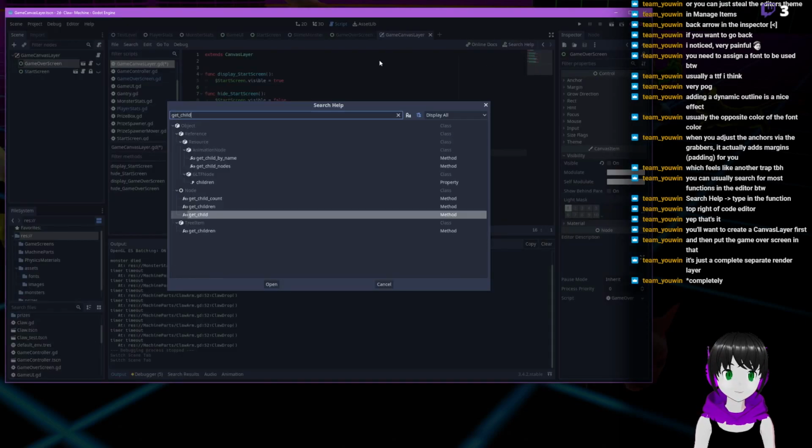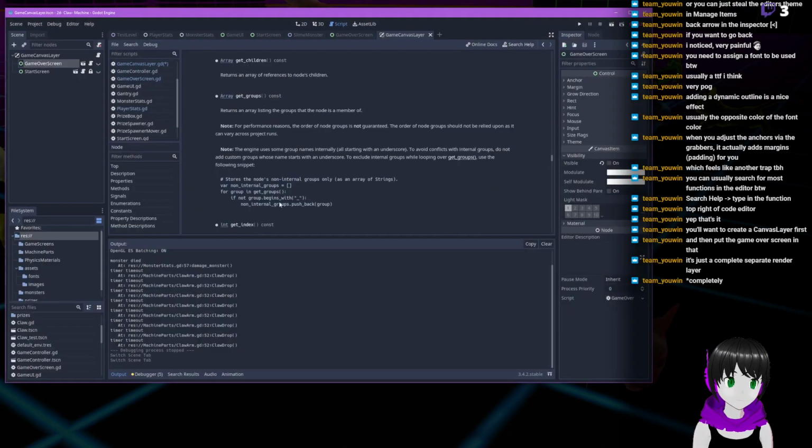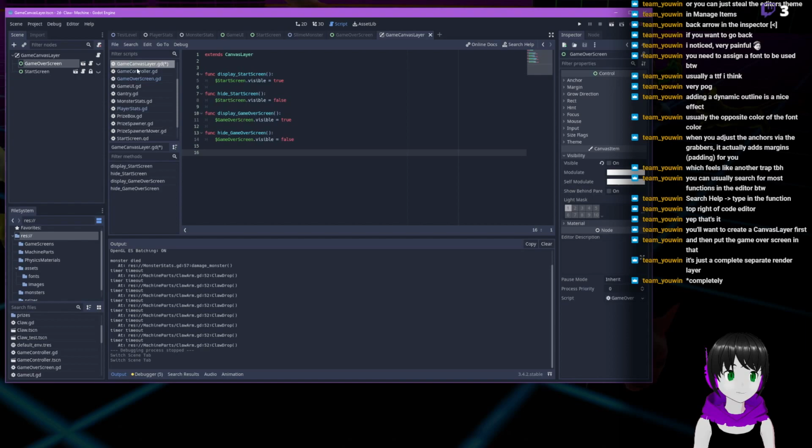Get children returns an array of references to node's children. So in this script, hide all screens,